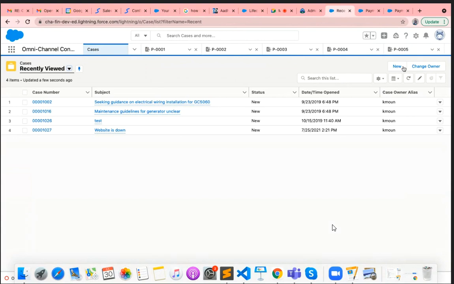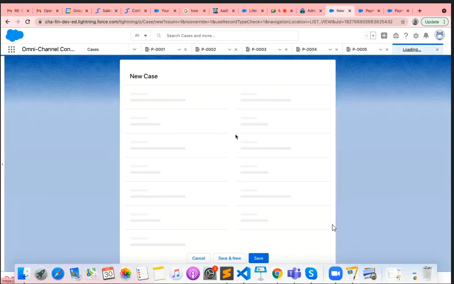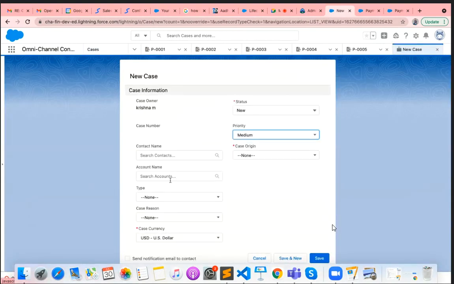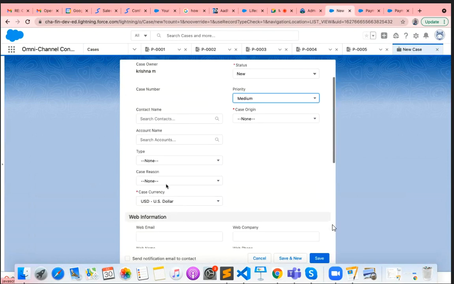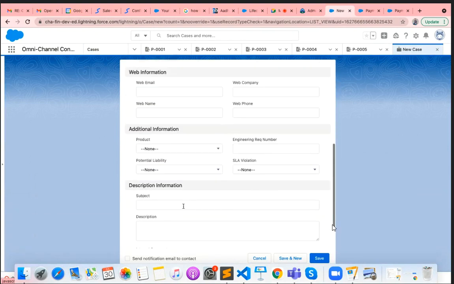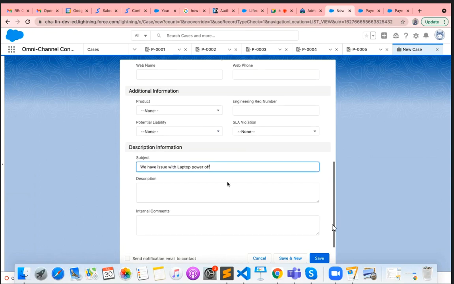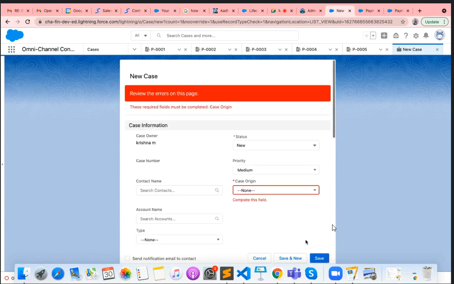I am going to create a case. So this is the case. I just open it and provide the data. It has the fields. All the things are there. I am going to provide the data. What is the subject? Just enter the data. Inside we have the field issue with laptop, power up. I will give a little description and try to save it.